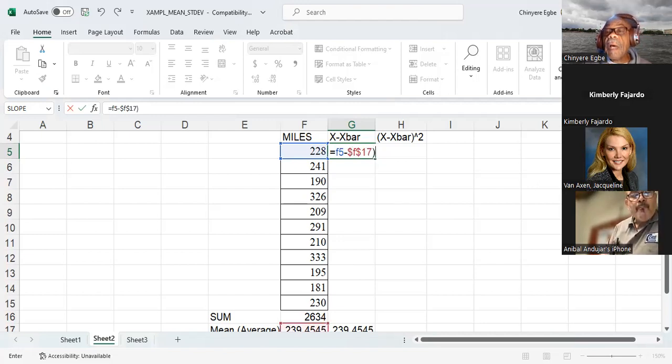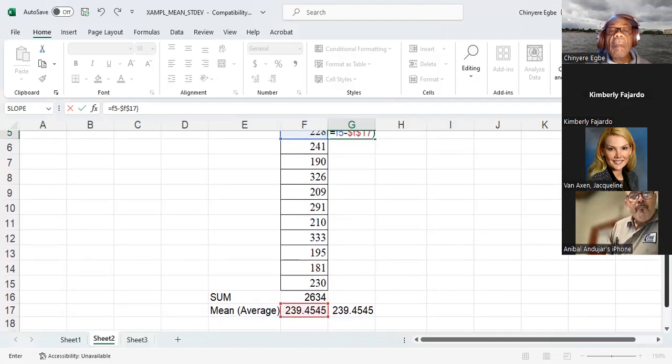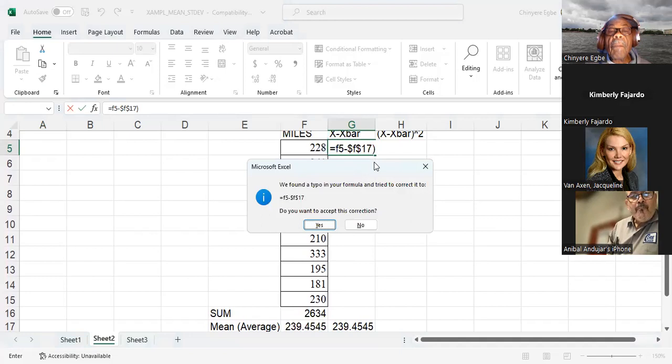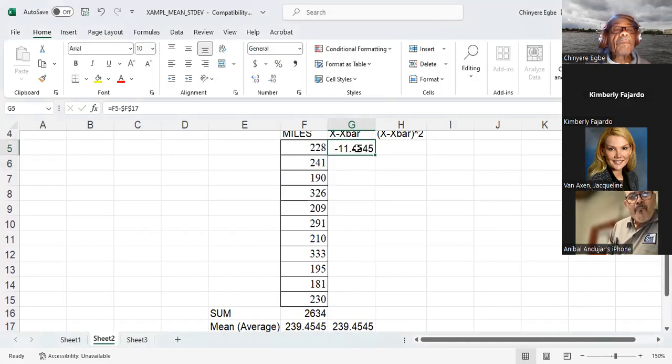So we fix the value. F5 minus $F$17, which fixes the location. And so we subtract from